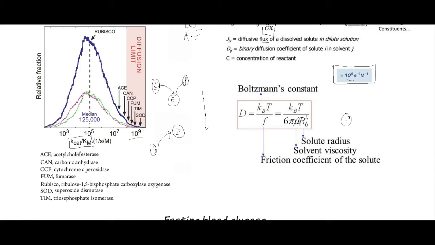And so we see things like acetylcholinesterase, you might have heard of that. If you're into things like nutrition and nootropics, you might have heard of this as a kind of nootropic. You might have heard of acetylcholinesterase inhibitors. So acetylcholinesterase is a pretty fast one. It's not yet quite diffusion limited, but if we go down to SOD, which is superoxide dismutase,